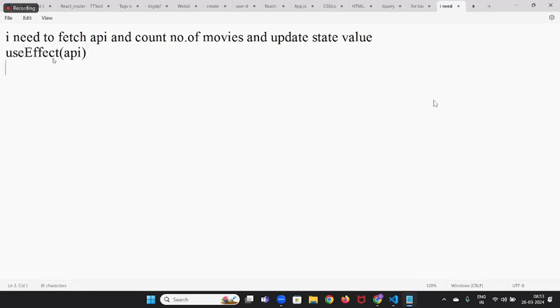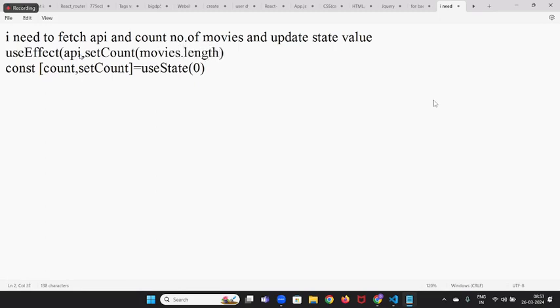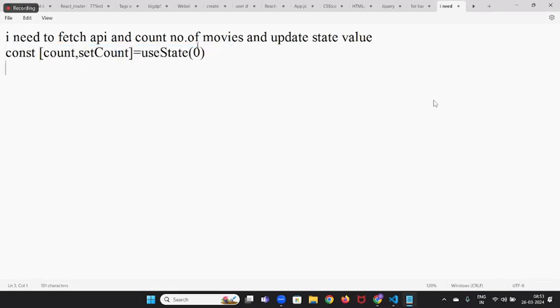Then here I will do const count, setCount, useState, and in this you will update the state value. Initially 0. You will write it here, something setCount. When the API gets the data, you will update the count value with whatever values you got, movies.length. This is a basic scenario, right? Instead of doing this again and again, every day again and again, sir,